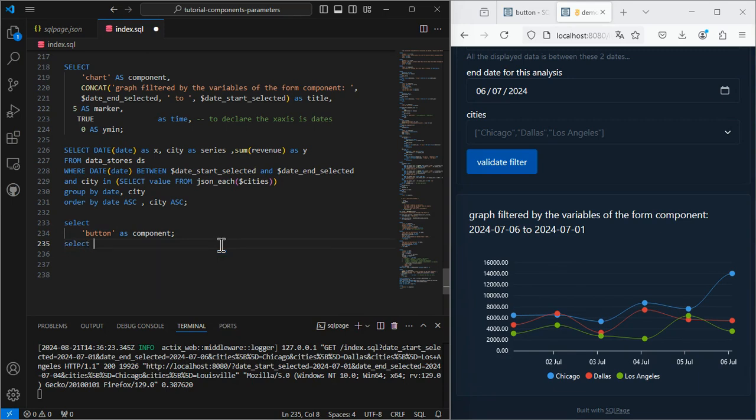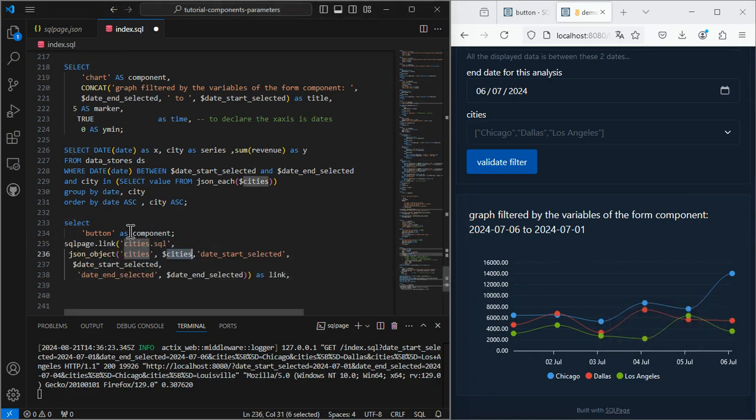The first one will be the link. Where should we go when we click this button? I'm going to use the SQL page.link function that allows to redirect when I click the button to a specific page, which will be the cities.sql page with these URL parameters.